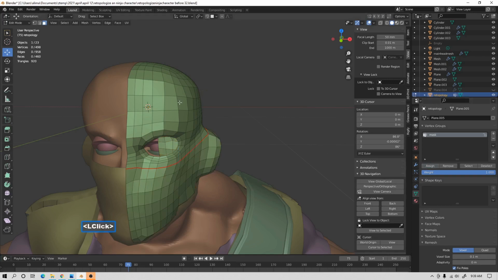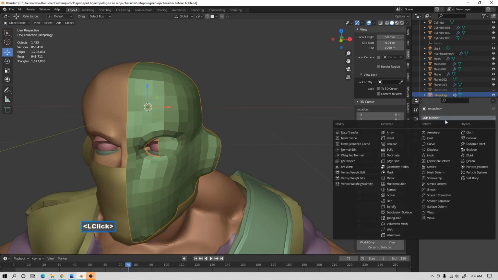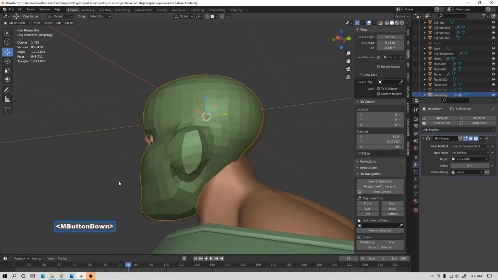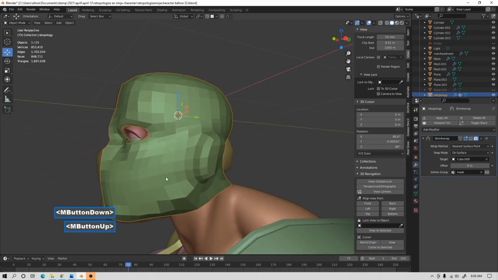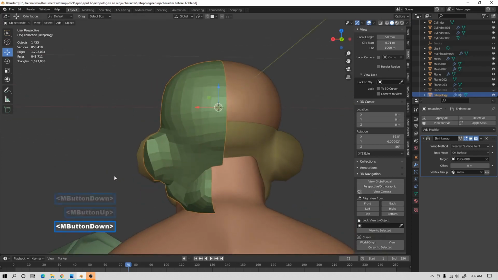Why did we do that? I'm going to left click to deselect. We did that so that we can now go back to our modifier, add a shrink wrap modifier. For the vertex group, choose Mask. And then for this modifier, we're actually looking for this cube 8, which is our mask. So you can see when I select the monitor, it being the modifier, you can see like here, here, here, made the geometry go closer to